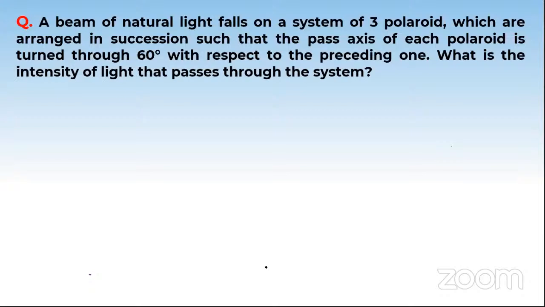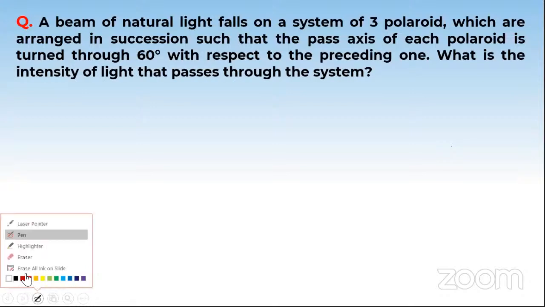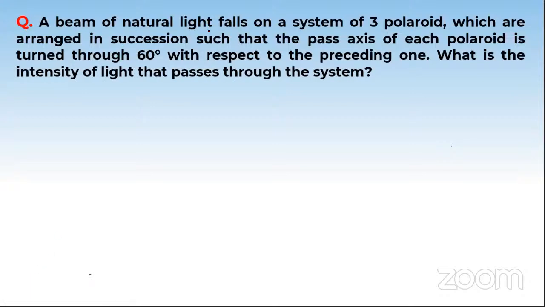Okay, yeah. So okay then. So let me give an example, and let us try to solve this example. Okay, if we finish this example, we'll go for resolution very quickly. Okay. So now, let me read out the question very clearly. A beam of natural light falls on a system of three polaroids. So there are three polaroids in this system, which are arranged in a succession. Okay, there are three polaroids arranged one by one in an order. Okay, and such that the path axis or the polarizing axis of each polaroid is turned 60 degree with respect